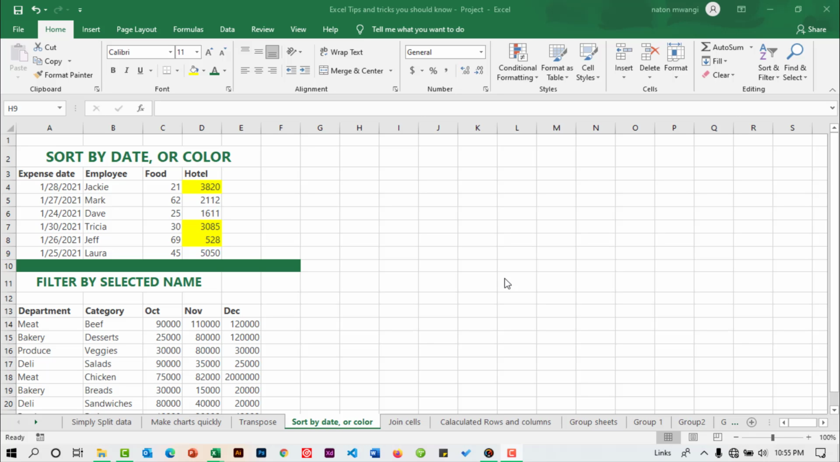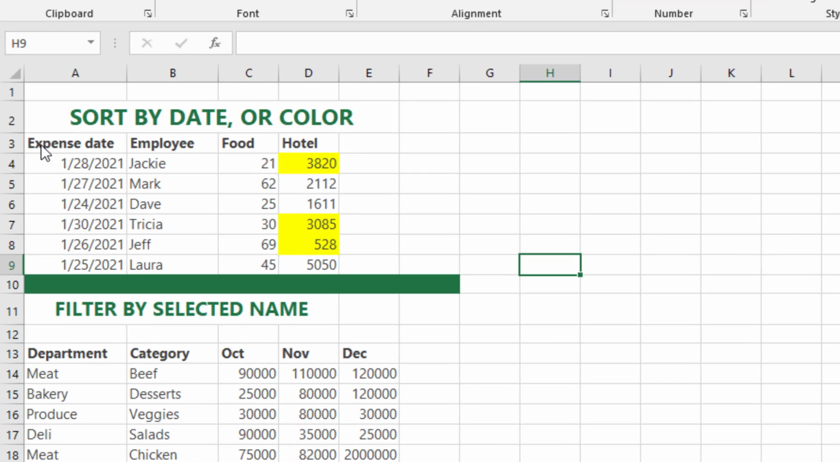Now in number 4, I show you how you can sort information or data by date or even color. So in front of me I have this table containing columns expense date, employee, food and hotel. And what I am required to do is to sort the hotel by color. You notice that under the hotel I have the 3820 highlighted in yellow, 3885, 3085 and 528, all of them